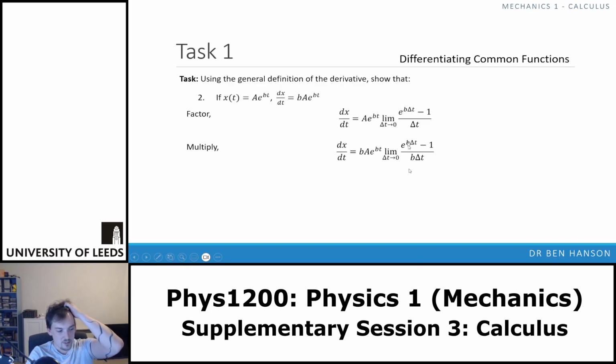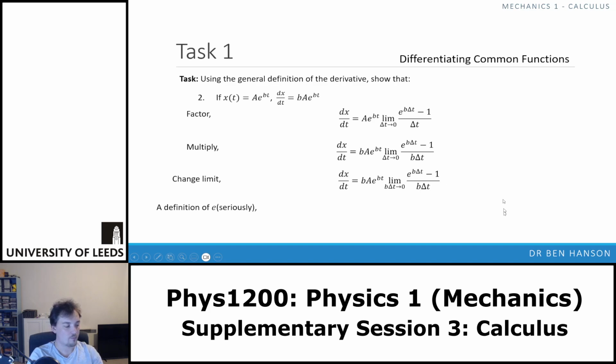But first thing we need to do is multiply by b here and b here, just like in the sine example, so that we have the same thing at the top and at the bottom, because we want this and this to be the same in order to take limits properly, because this and this need to decay at the same rate. So we put b delta t tending towards 0 in the limit as well. So now we've got this thing. It turns out